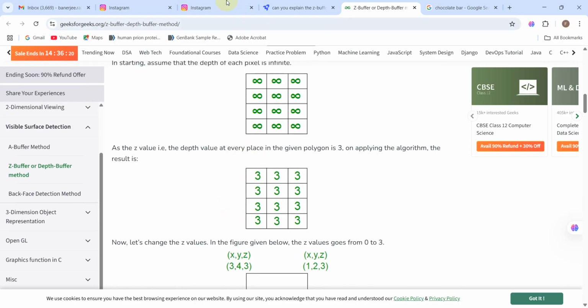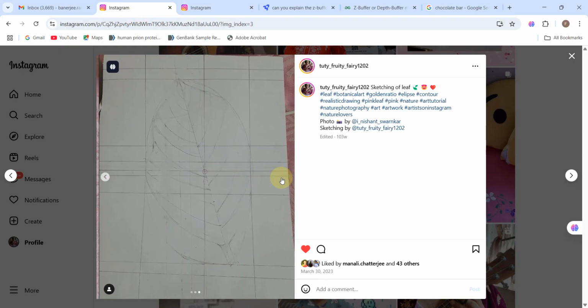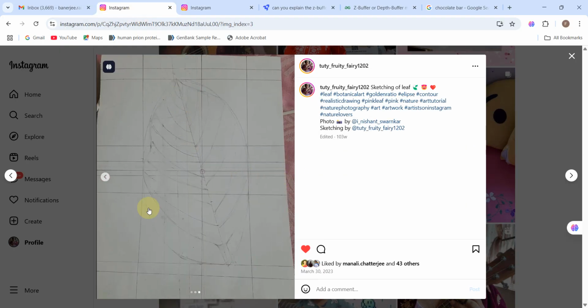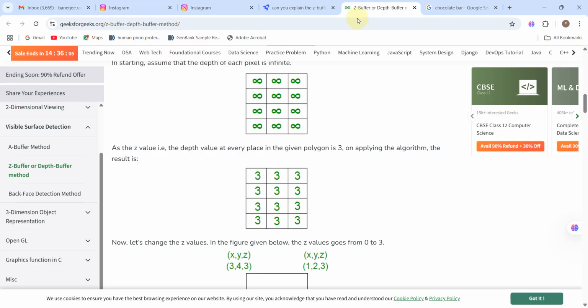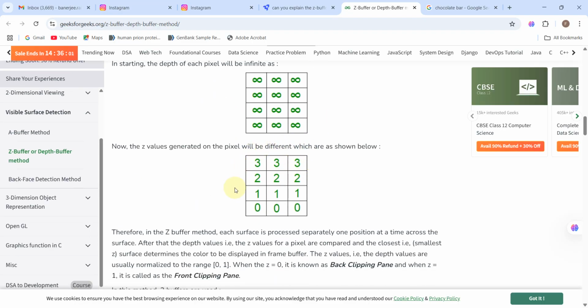But when I took the coordinate axis on the projection plane, that is on the sheet, then even if this leaf was on the same plane, because I took the coordinate definition in a different fashion, the depth matrix looked like this.